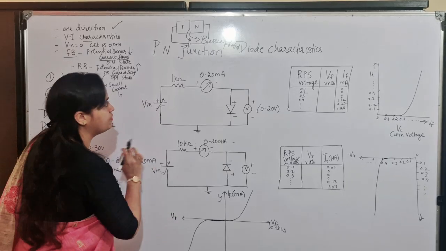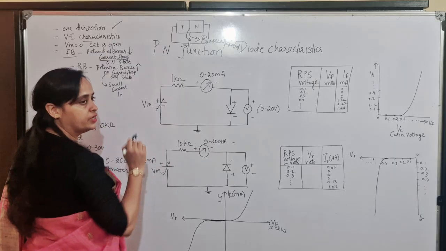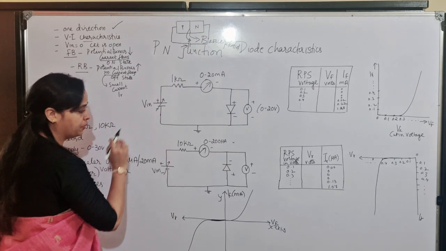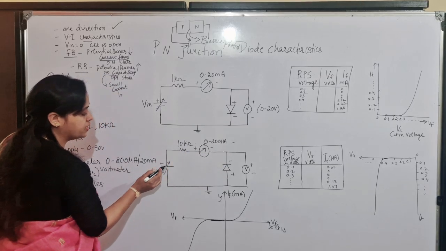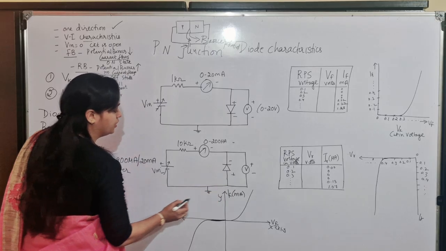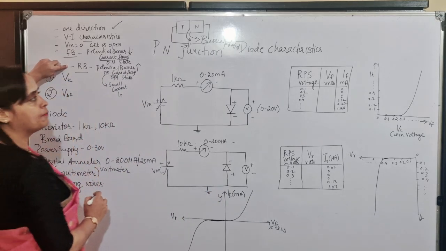What happens during reverse bias condition? P-type is connected to negative, N-type should be connected to the positive. Let's check here. So now this is negative. The negative is connected through resistance to positive terminal of the battery, and positive is connected to negative. So in this case, that is reverse bias, what happens?